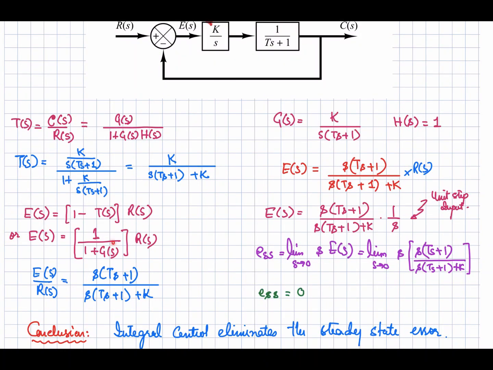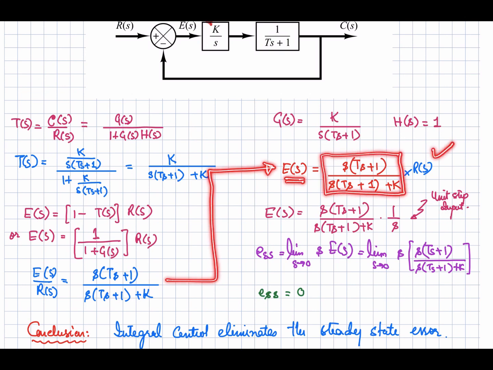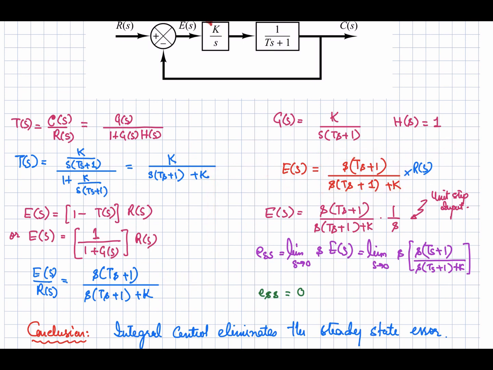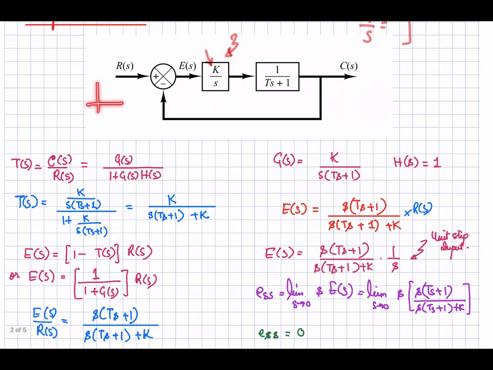So now using the value of this G(s), we can write down that the error with respect to the input over here is given by this expression. Okay, so now from here I can write down this expression that the error in the S domain is given by the product of this one multiplied by the input. And let's suppose that we have the unit step input applied to this system. So we will be replacing this R(s) with 1 by s.